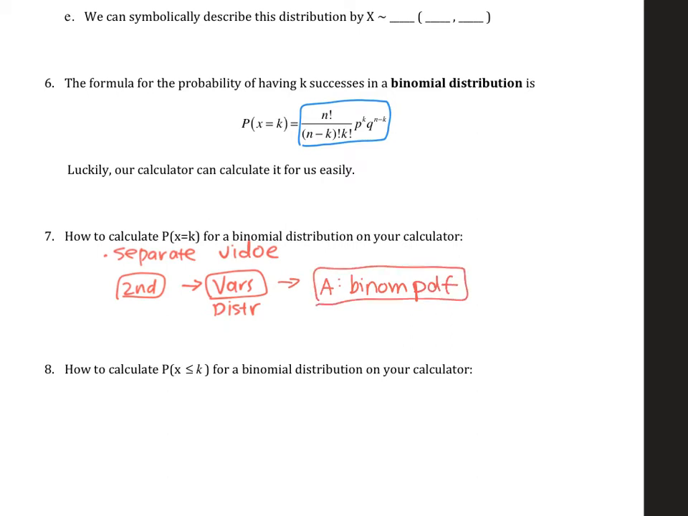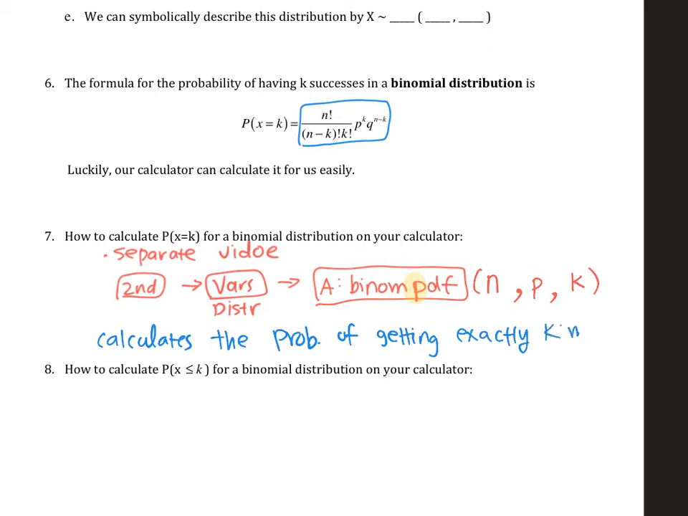This is the first time we're seeing it, and here I'm going to highlight P. Once you get there, basically you're going to input N, the number of trials, and P, the probability of success for each trial. Then you're going to input K, the number of successes you're looking for. So basically it calculates the probability of getting exactly K many successes. I'm going to underline exactly,